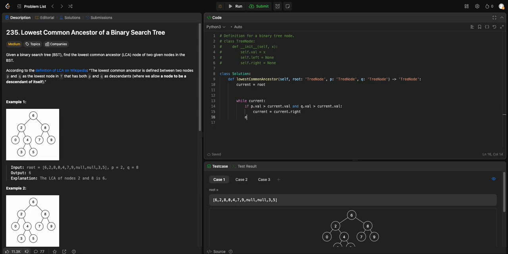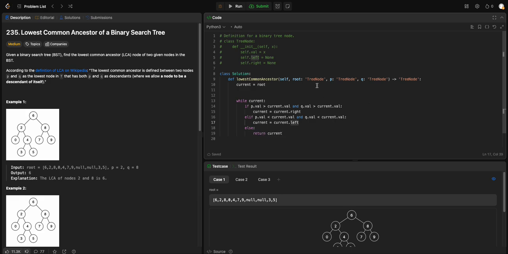The other case is if p.val is less than current.val and q.val is less than current.val, then current goes to the left. Otherwise the idea is that current is between the two, so we return